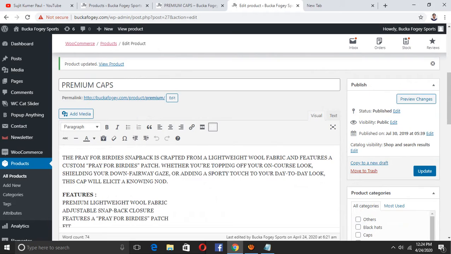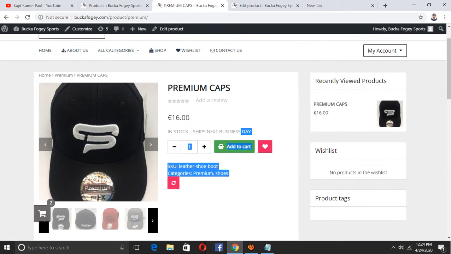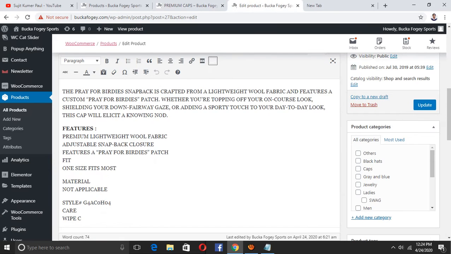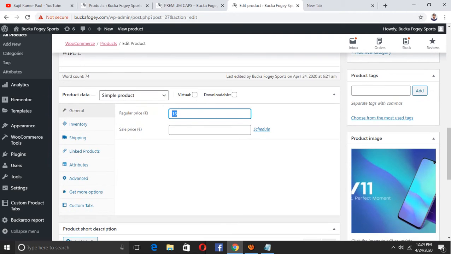Okay, I hope you understood. And now we can see that in stock is available here. So now we can see this option and this option and how they show here. You can see this option, we already know the regular price. This is the regular price, and if you have any discount, then automatically you can save it, then you can go here.